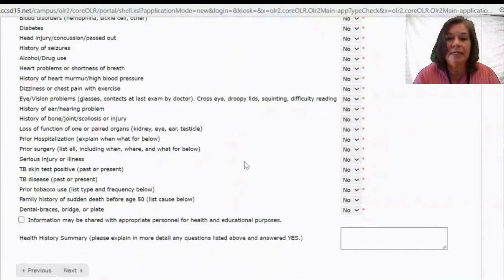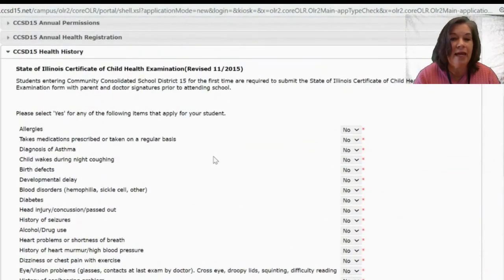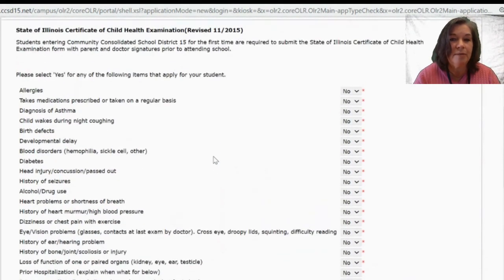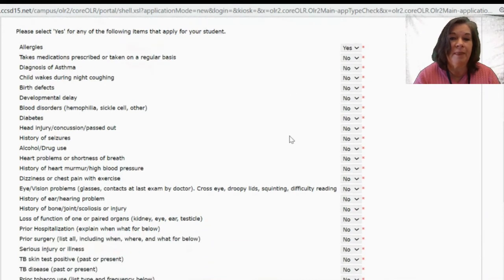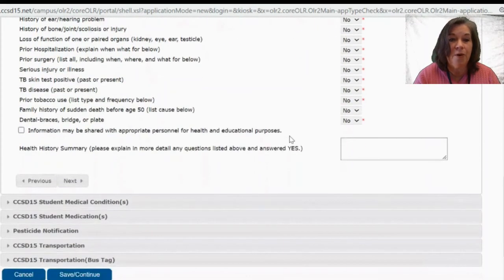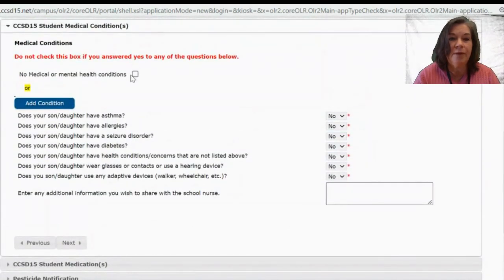So there's an extensive list here that defaults to no. If your child has any of these issues, please go over and change it to yes. So I'm going to change this and say, yes, my child does have allergies. All of these other things, no. So moving on,